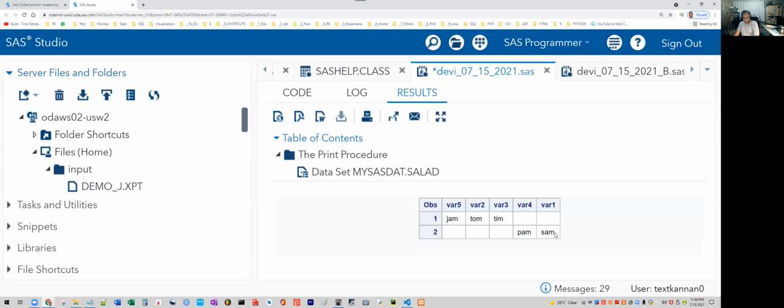Pam and Sam are from Jam2. And it filled it with blanks for 5, 2, and 3, which are not part of Jam2. It just combines the two data sets. There are two records, one observation from here, the second observation from here. They combine as two records, but with blanks. It's like doing an outer join, but